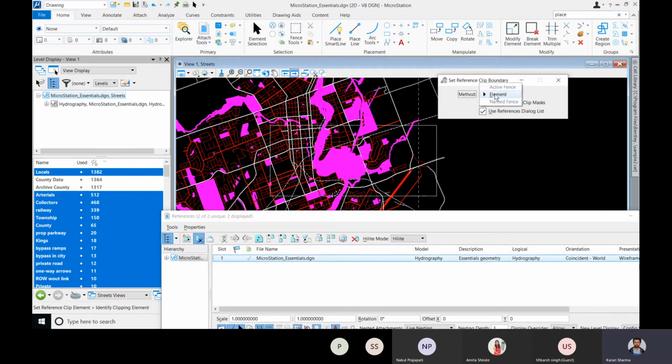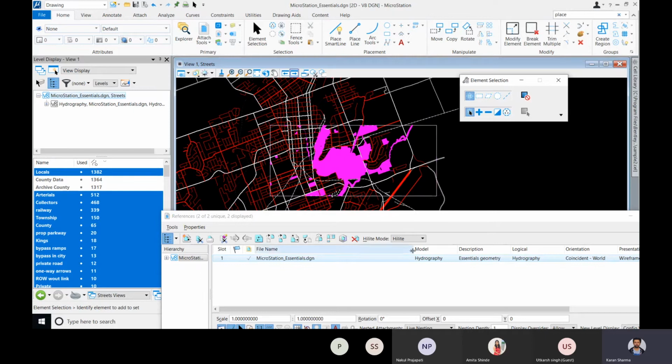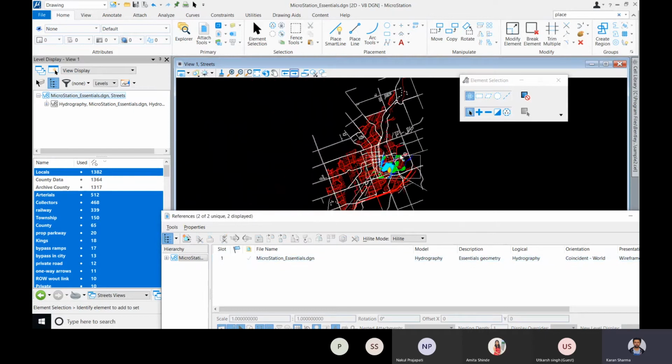So I want it by an element. Okay, this is the element. I'll click it and it will clip away everything outside of this rectangle. So anytime you want to reference something and you don't want the entire reference, just a part of it, you can use this feature. Okay,